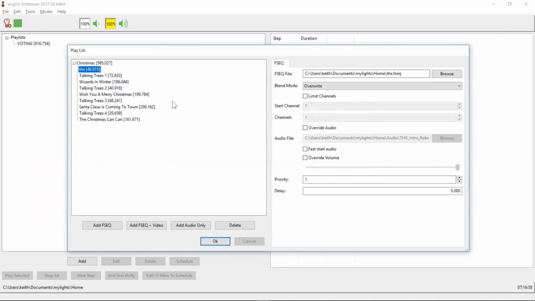sequence, and for every song that's got this fast start audio checked, it will actually preload and pre-convert that audio and sit it up in memory. I wouldn't be doing that with the 32-bit version, but with the 64-bit version, generally speaking, it should be able to do it. The override volume, if you click on this checkbox, then you can actually change